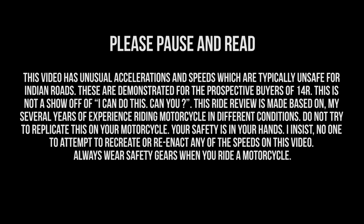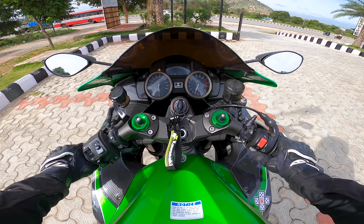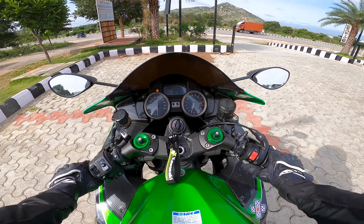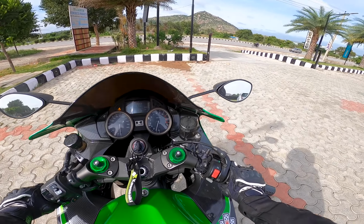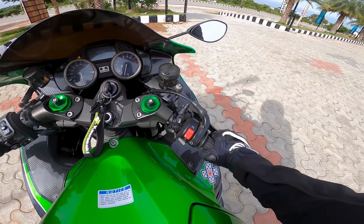And coming out to this side, again basic switches. So let's fire it up. And I have to say that these mirrors are super functional. I really love it. This is what you need. In fact, there are very few motorcycles which can compete with this and make a presence in the rear view mirror, but still Kawasaki has made a good rear view mirror,